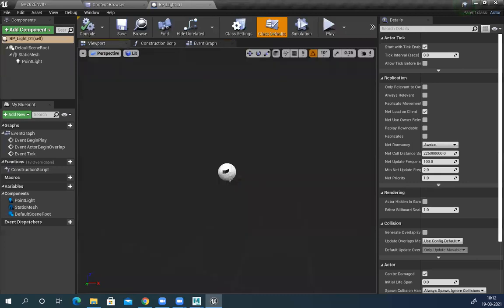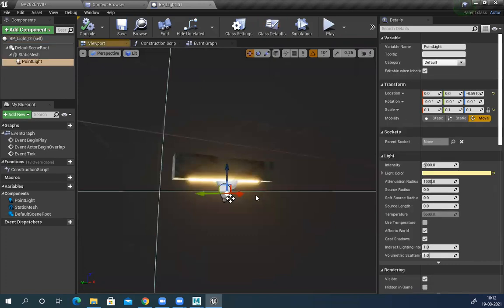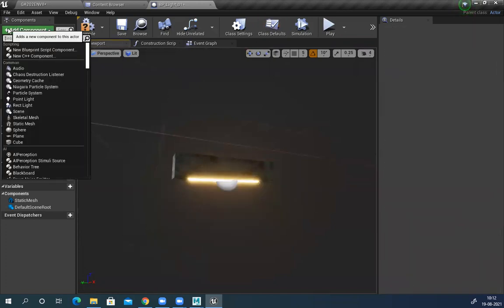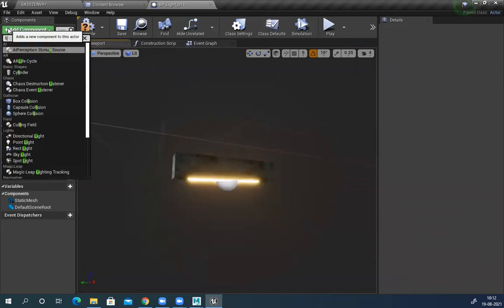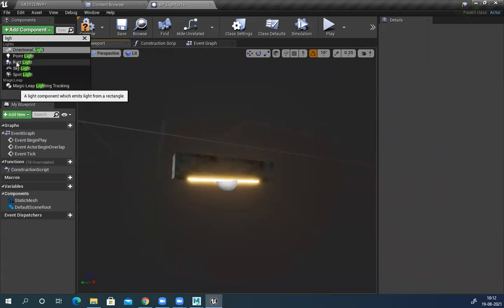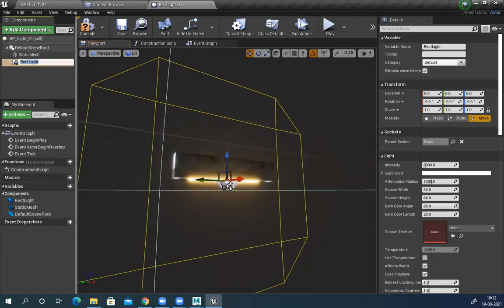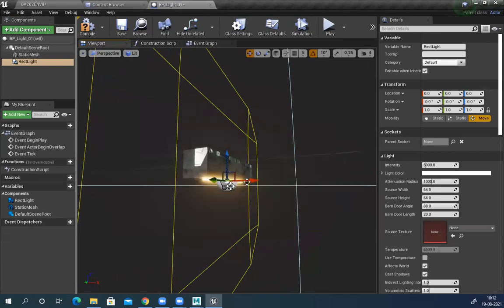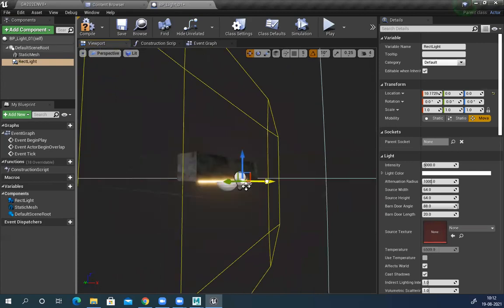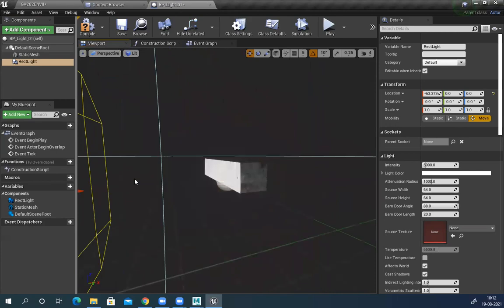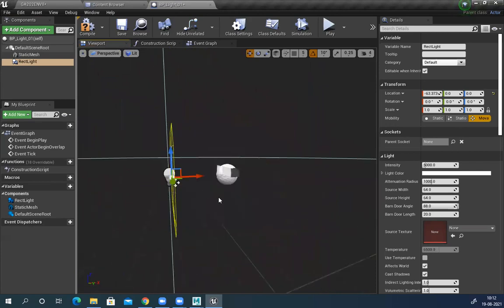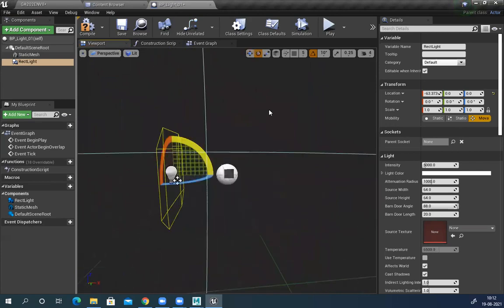viewport, select this and delete this one. Now add a rectangular light, delete, and you can see the direction of the light. You see, this is the direction of the light. Now you rotate this